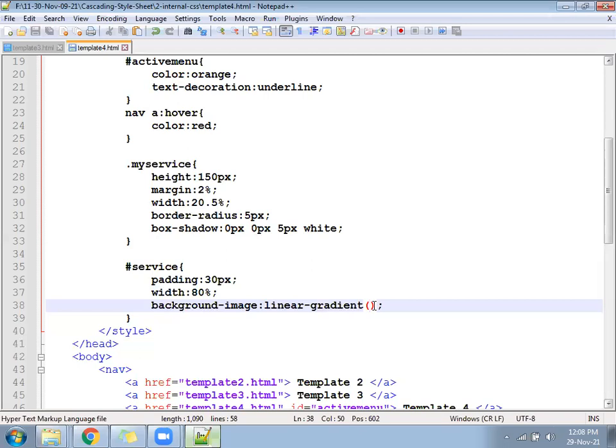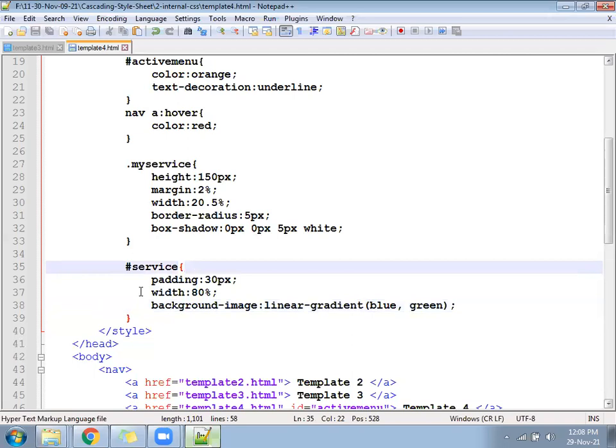It is not going to mix two colors and give a third color. It is going to display both colors separately. So suppose I keep first a blue color on the top, and second something green color. So you will find the background of the service will be a combination of two colors.